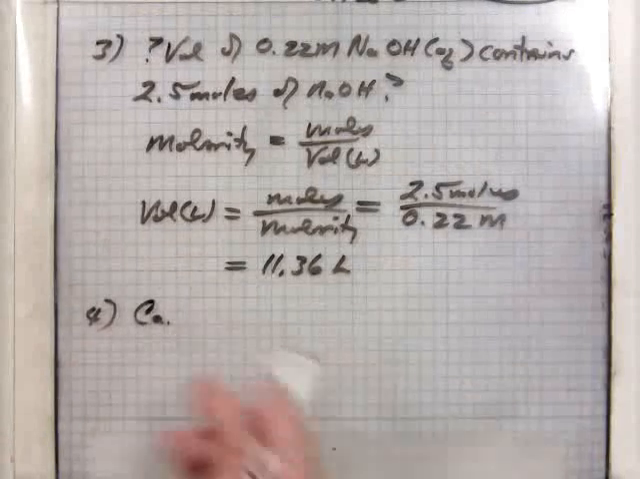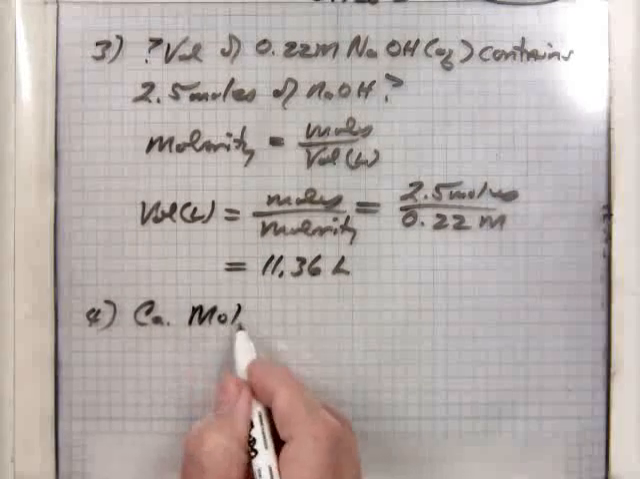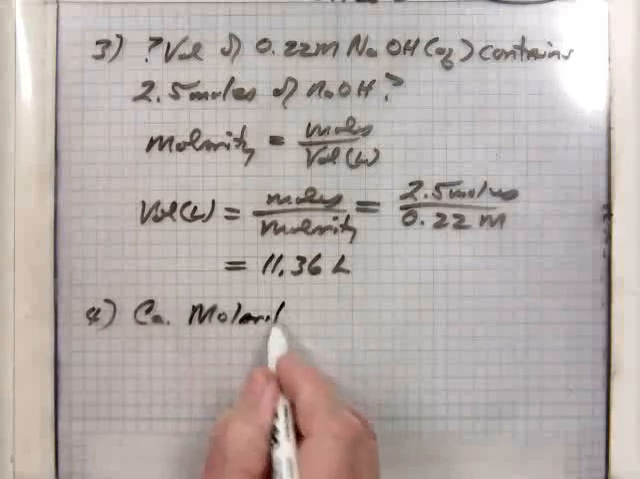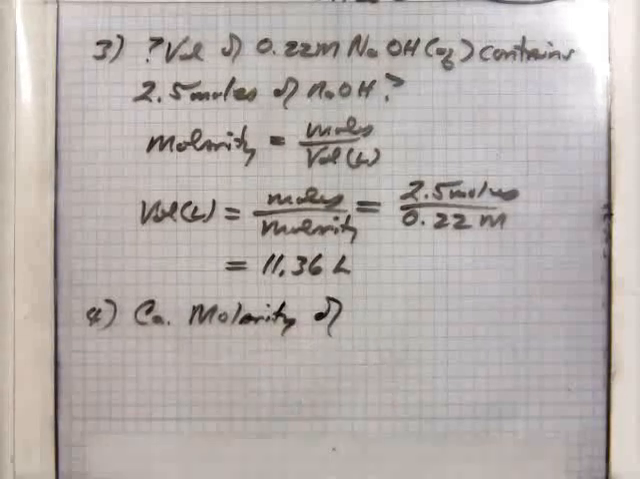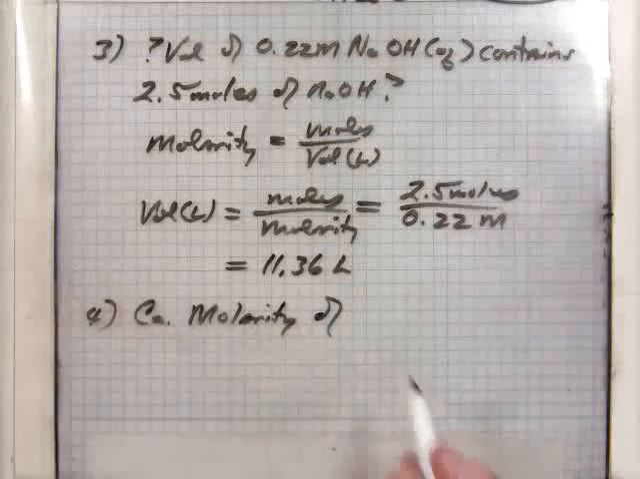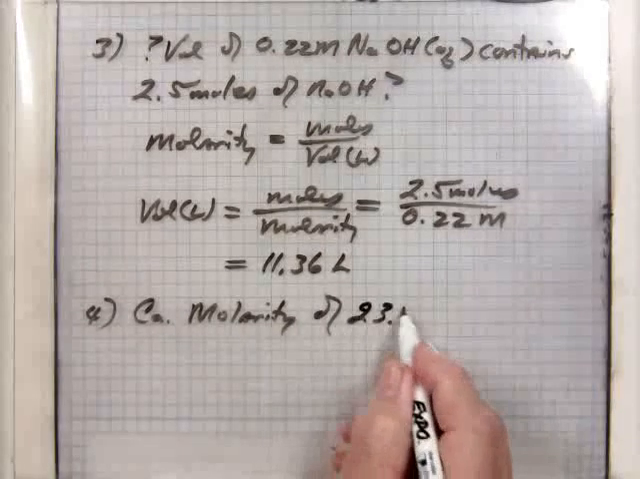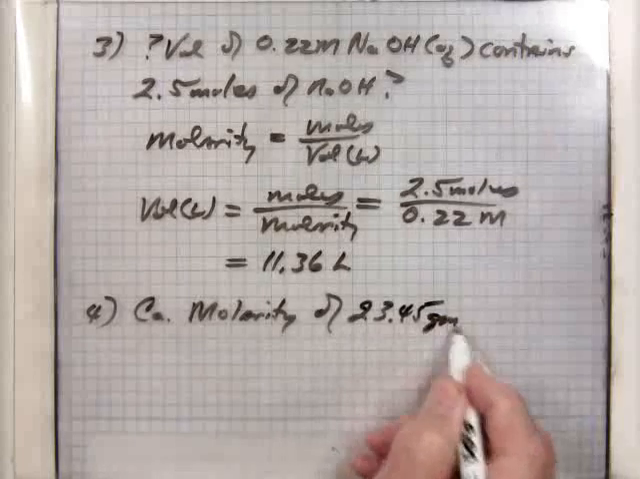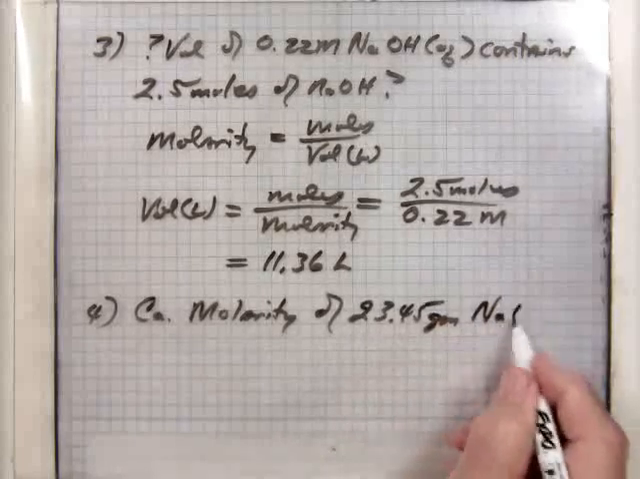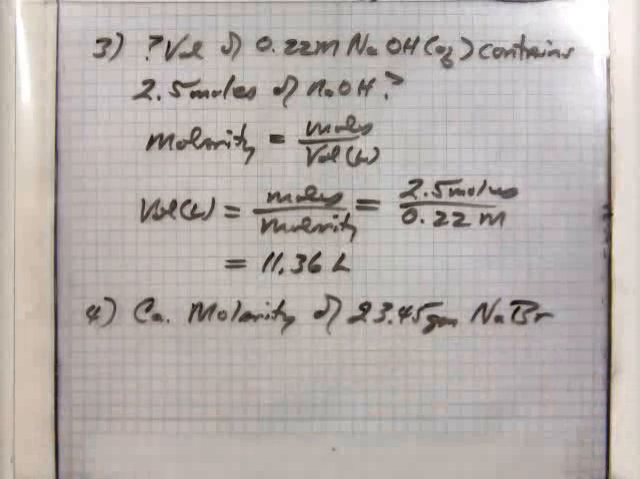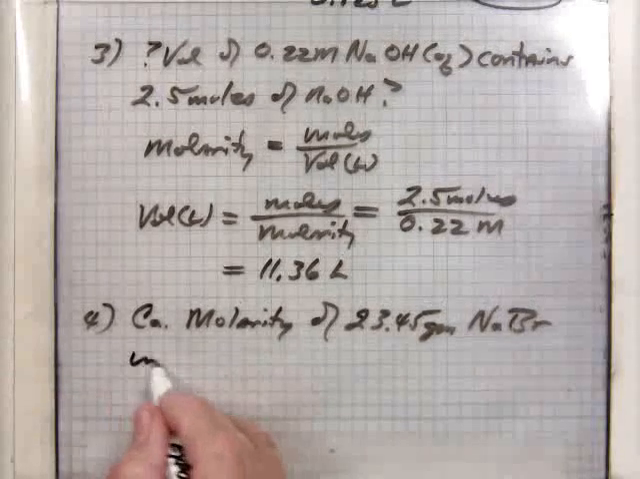Calculate the molarity. What does it say? 23.45 grams sodium bromide and 100